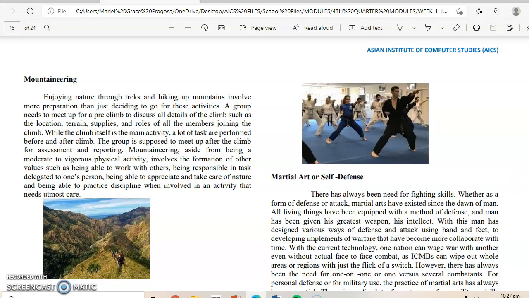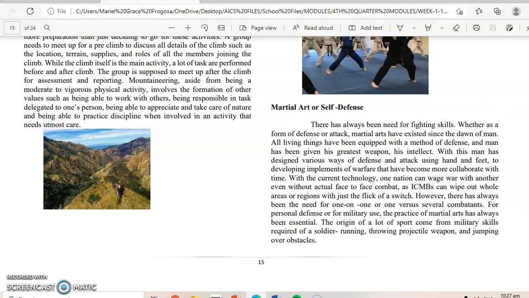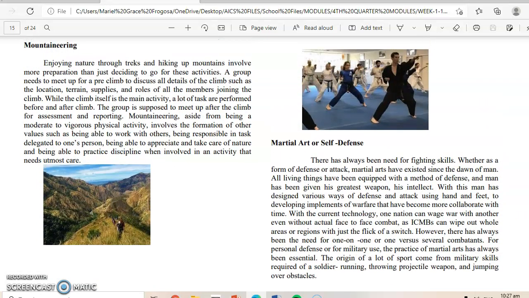Then we have martial arts or self-defense. There has always been need for fighting skills, whether as a form of defense or attack. Martial arts have existed since the dawn of man. All living things have been equipped with a method of defense, and a man has been given his greatest weapon,